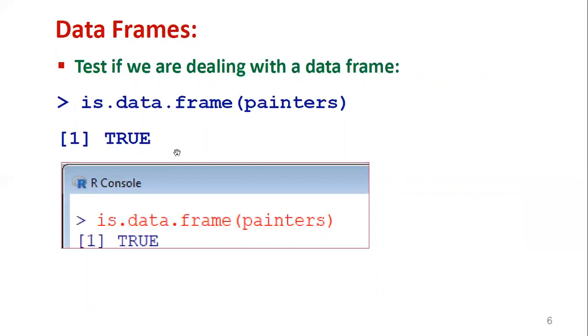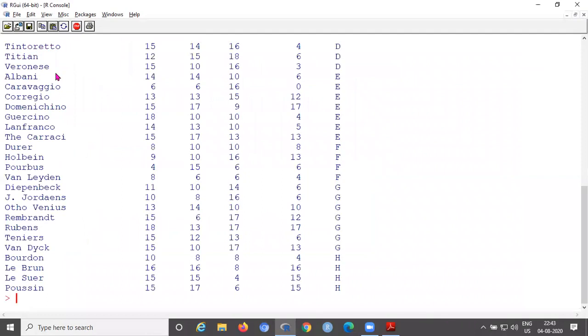Then we will also test this command. Open R software. Whenever you are starting R freshly, you can call the library MASS, then check the painters data set. Now here what we are doing is is.data.frame.